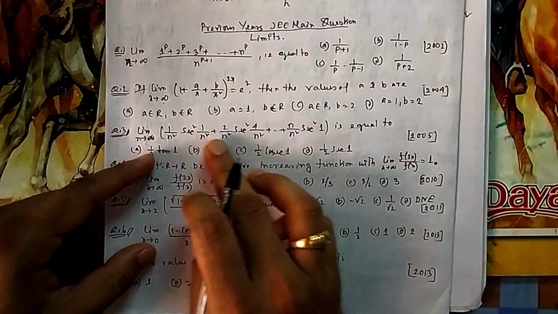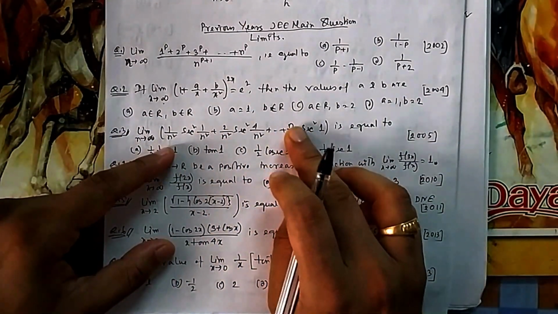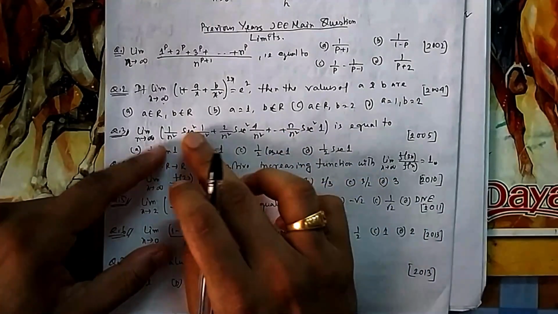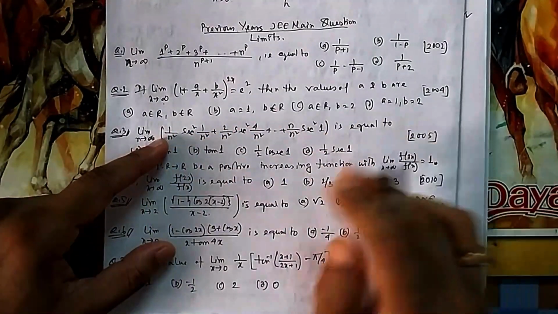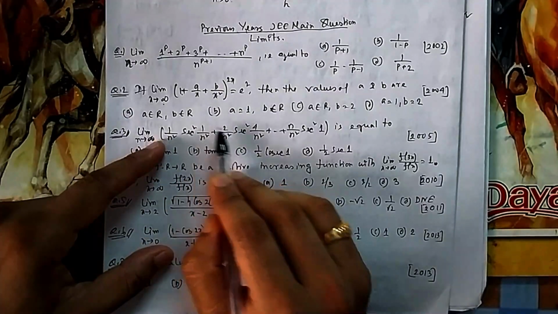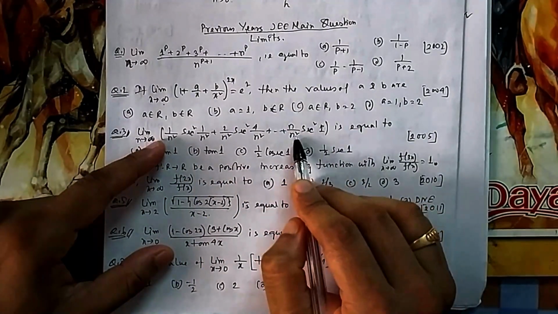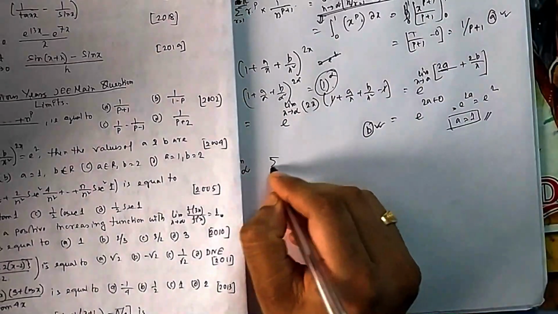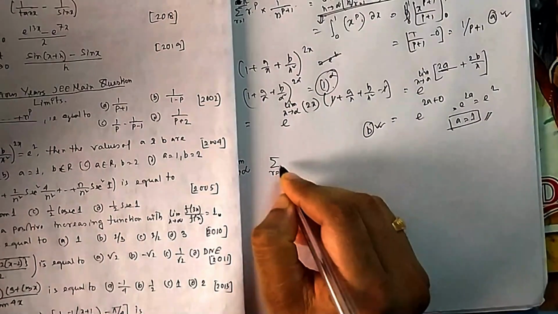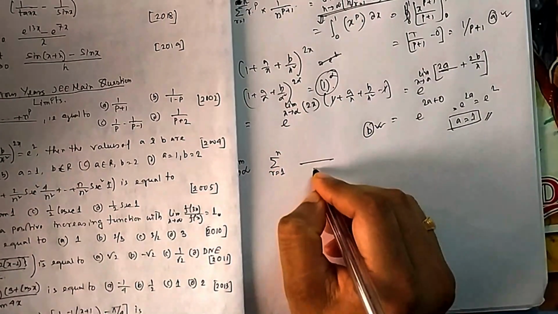So it is 1 by n square sec, 2 by n square, 3 by n square, then it goes largely up to n by n square. So you can write it as r by n square, and you can vary this r. And here it is 1 square, 2 square, up to n square, so n square by n square became 1 here. So you can write it in this way. This is the summation of r equal to 1 to n, and n square is there everywhere.